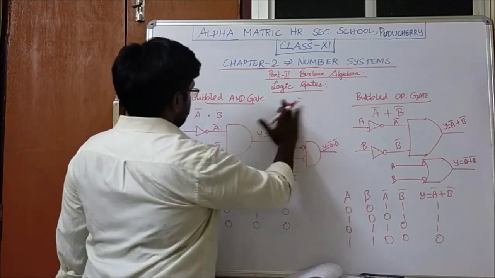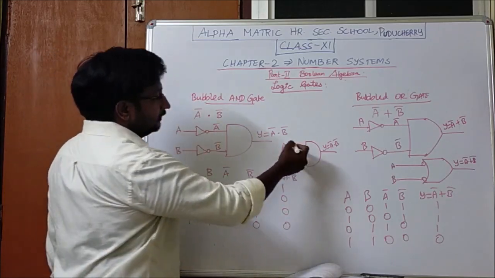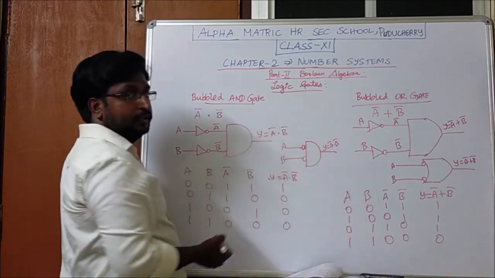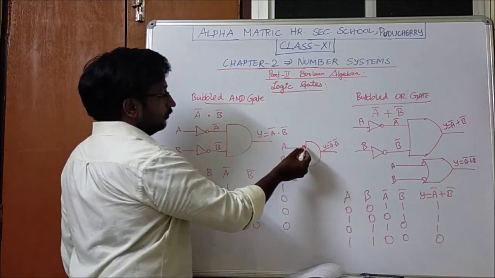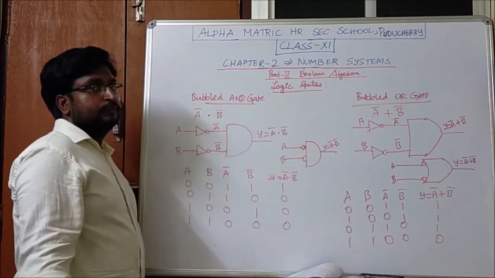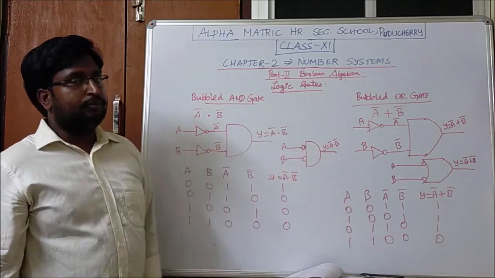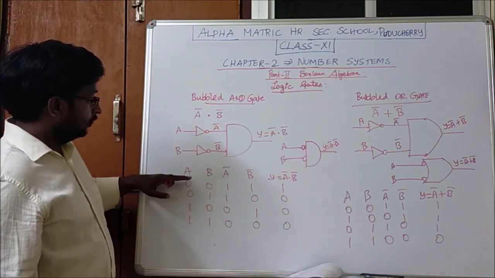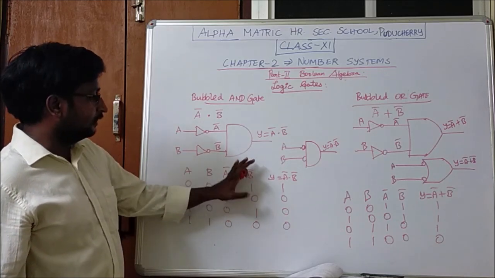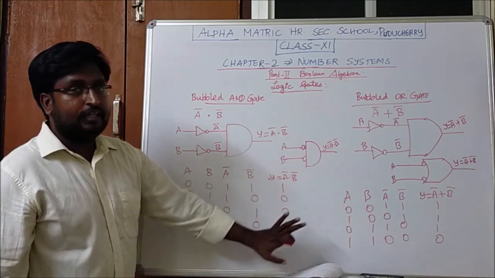So this is the logical circuit for the bubbled AND gate, and this is the symbol. Whereas in the NAND gate, the bubble is after the AND gate, here, since we are using it for each and every input, we put the bubble on each. It means that it is an inverse. Then the result is multiplied. So here you see the inputs A and B are given. First, we have taken the inverse of the inputs A and B, and later we have multiplied.